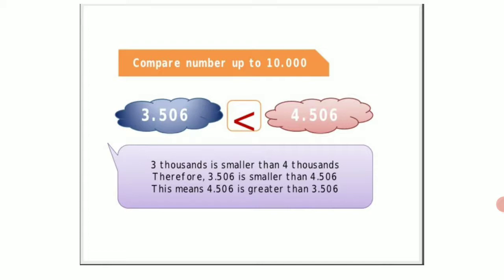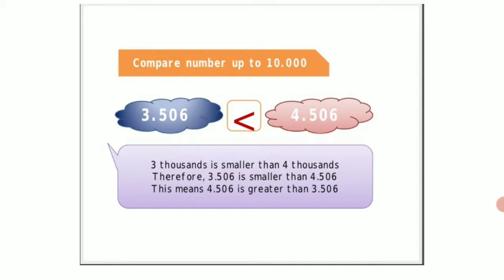So we start with the first period, that is the thousands place. In the thousands place, if the number is the same, then you need to go to the hundreds place. If in the hundreds place the number is the same, then you need to move to the next, the tens place. If the tens place is also the same, then we need to see the ones place. And if the ones place is also the same, then both numbers have the same value and we will put an equal to sign. Otherwise, we come to know either in the thousands or in the hundreds or in the tens or in the ones place which number is greater.